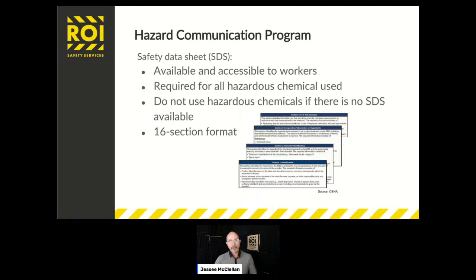Now, you don't necessarily need to have a hard copy of every SDS. I think most of our clients still carry the hard copy. I don't necessarily recommend that, just because they change so frequently and they get damaged very easily. So I do recommend keeping everything on a digital copy on a network, somewhere where you can access from various locations within your organization, and of course outside of your organization. They need the HAZCOM program and the SDSs, they need to be accessible. They need to be available for anybody who asks.